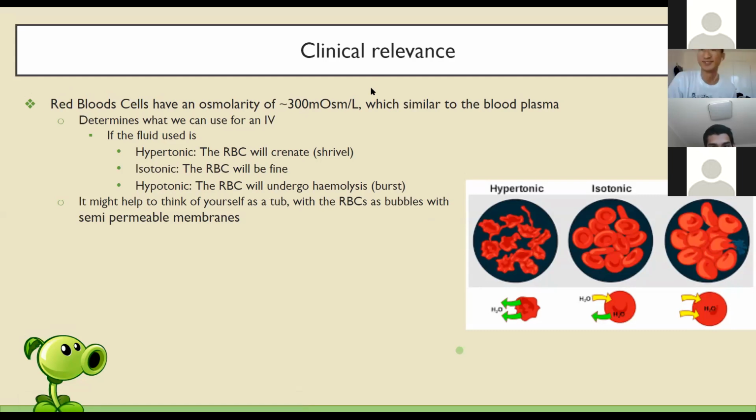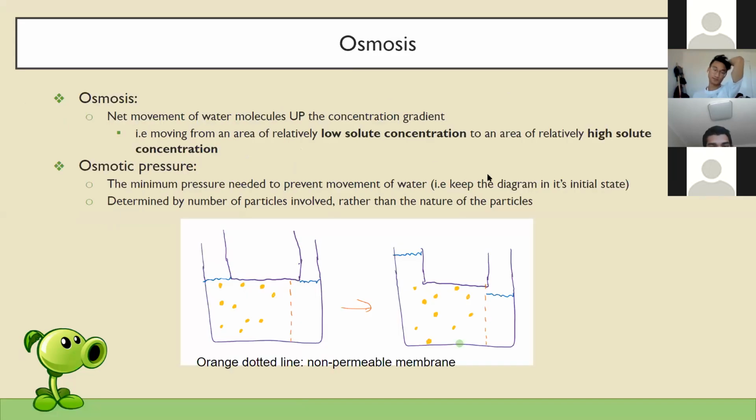But also, correct me if I'm wrong, I'm pretty sure this is something I used to get confused with. In terms of red blood cells being put into solution, the whole point is that the solutes are impermeable in terms of the membrane. So it's osmosis, as in the water. And when the water is moving, it's moving from the low solute concentration to the high solute concentration. Because if we increase the volume of the high solute concentration, we bring the concentration down, and that makes it closer to being isotonic, okay? Does that make sense? Is that okay?